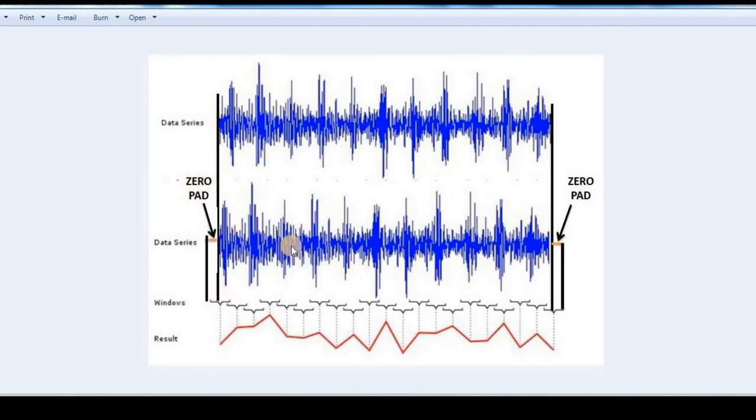And now the number of windows will be such that where the last window is ending, there is complete zero padded data, which means there is no mismatch between the length of the window or the number of the windows and the data. Nowhere will the windows fall short of the data. It doesn't matter that it is zero data, but there should be a sample.